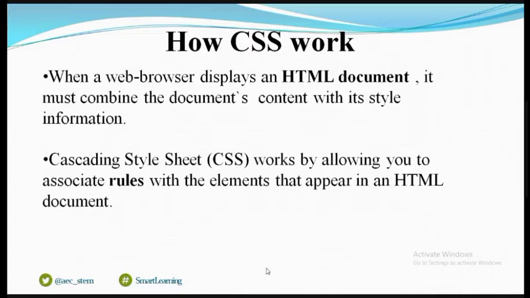CSS code is written in simple plain text through a notepad or text editor on our computer. When the browser displays the HTML content, it must combine its style information. So CSS frames a rule for an HTML element.